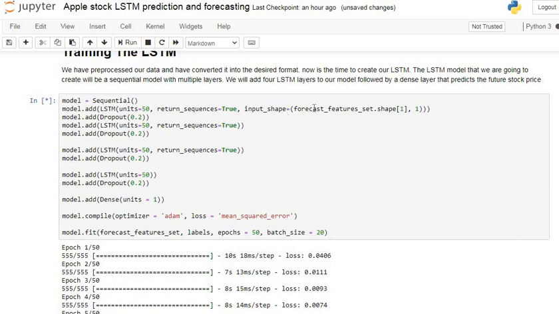After that, we give the input shape, that is, the shape which is accepted by the LSTM neural network. The data should be shaped into three dimensions. The first dimension is the total number of rows, the second is the total number of time steps which are used for forecasting or predicting the future observation, and the third is the total number of columns.